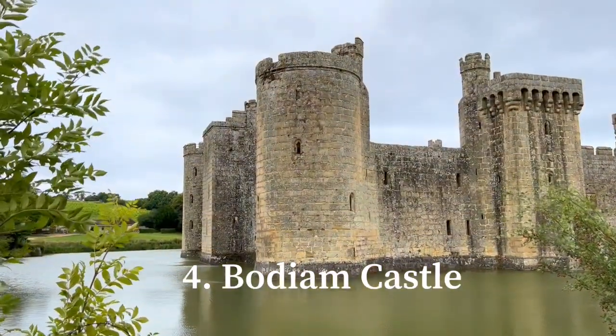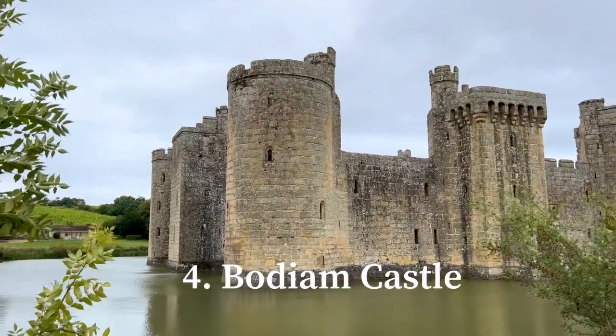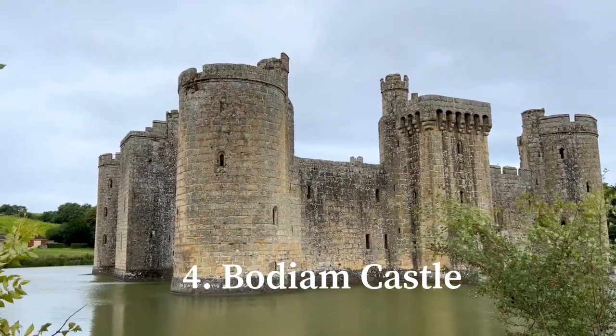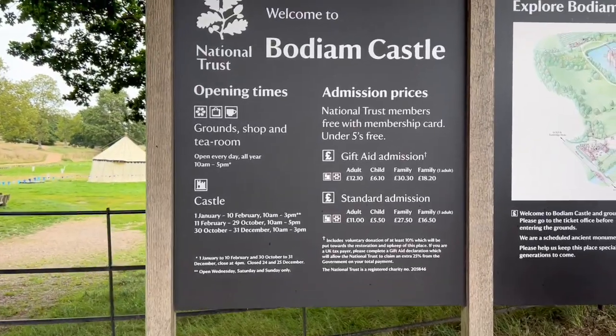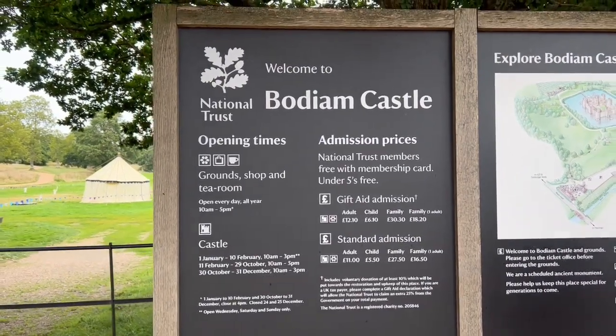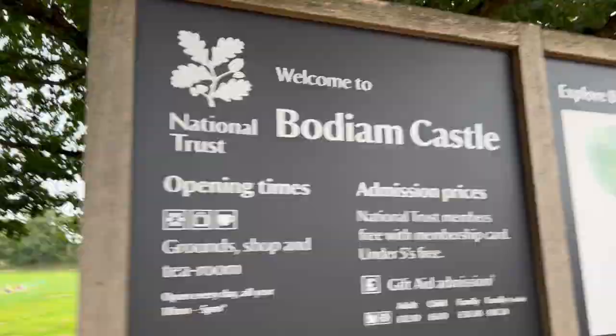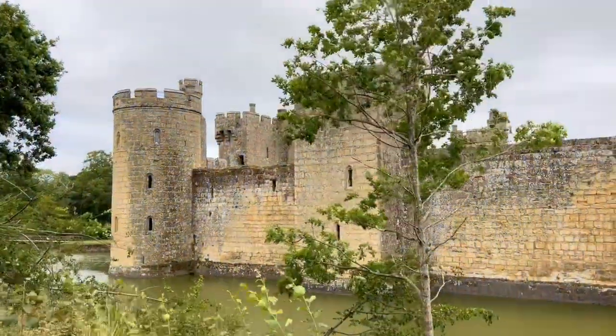If you are driving to Scotney Castle, I recommend looping in the nearby Podium Castle on your day trip from London if you have a car. Now, Podium Castle is gorgeous. It is also a National Trust property. And this is what I'm saying as to why if you're going to multiple ones, you should get the trust